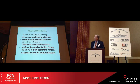So here's what you get when you can get into continuous health monitoring. You can determine the amplitude of the vibrations, and if any of you have any sort of mechanical background, you know that every mechanical thing has a natural vibration frequency. We correlate displacements with wind and other conditions. In other words, if the finite element program said at X miles an hour the structure should move this much,